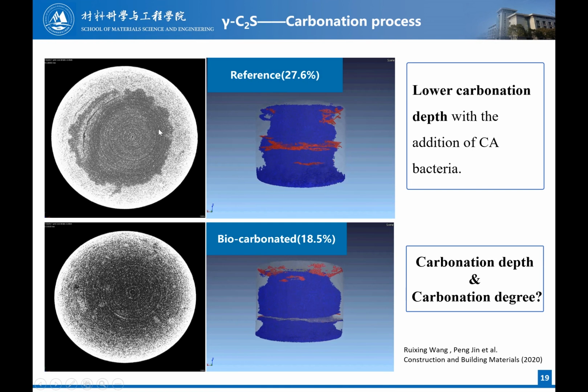Okay. Gamma C2S is another significant composition in steel slag, whose properties are different from those of beta C2S. It has relatively lower hydration reactivity, but higher carbonation reactivity. From both those 2D and 3D micro-CT images, the addition of carbonic anhydrase bacteria decreased the carbonation depths of the